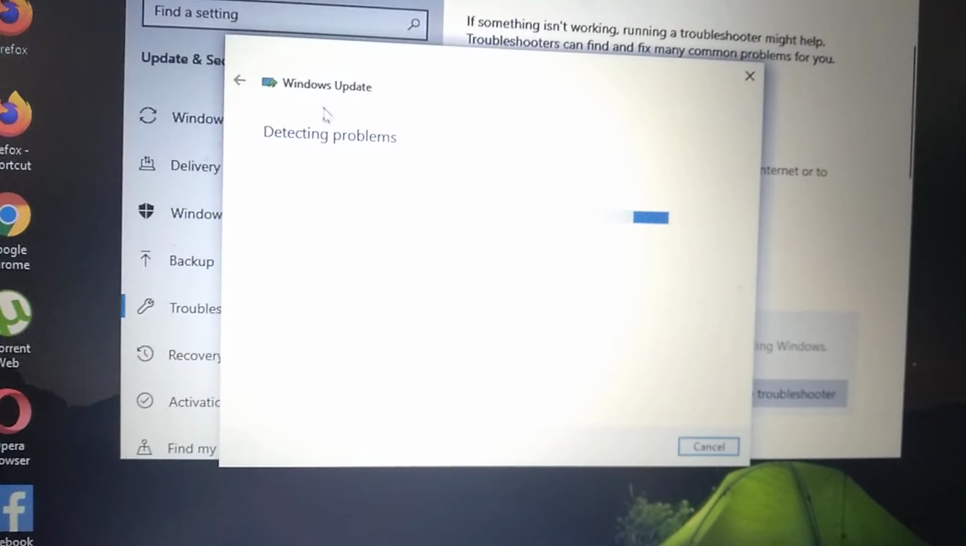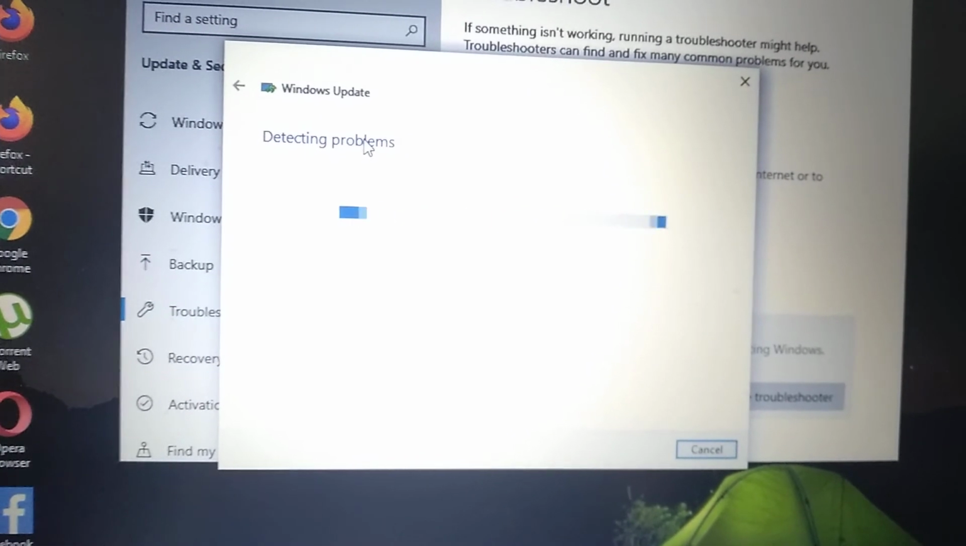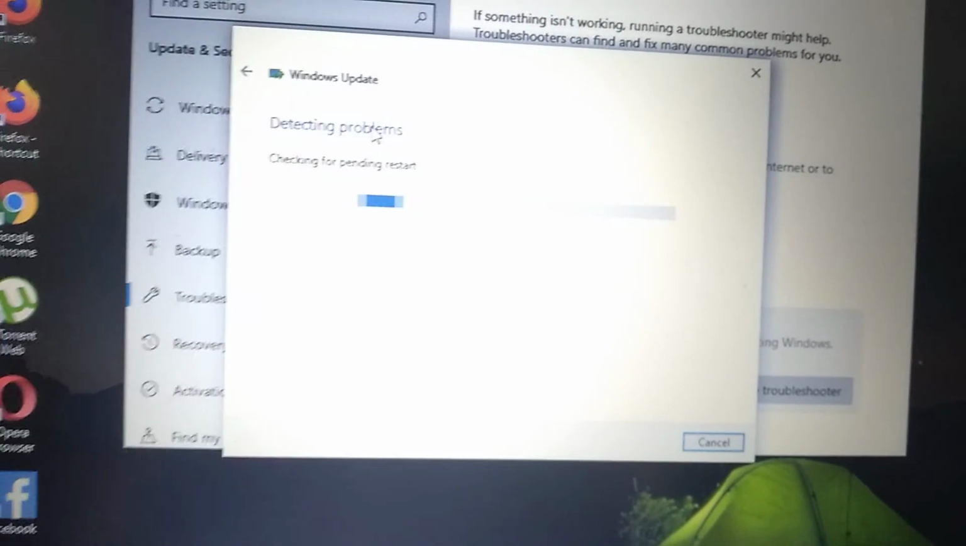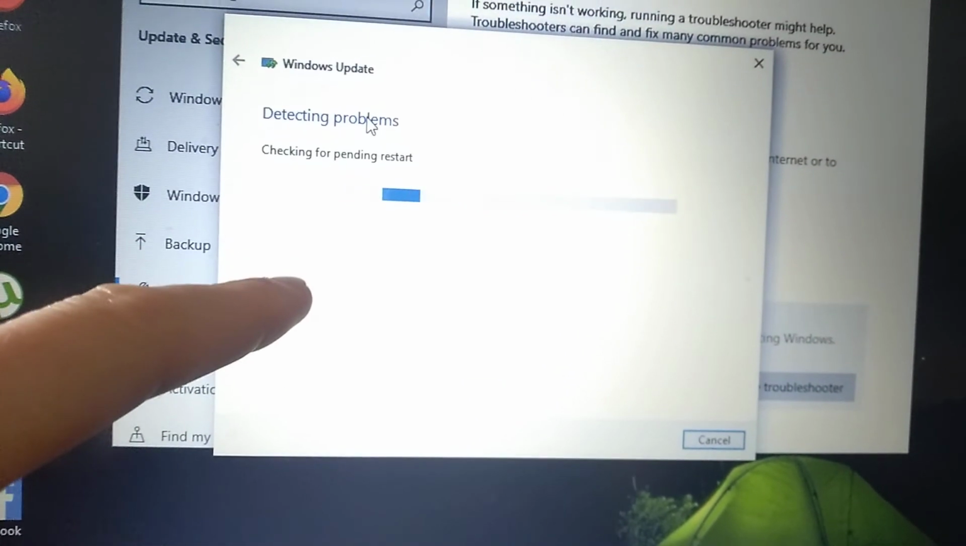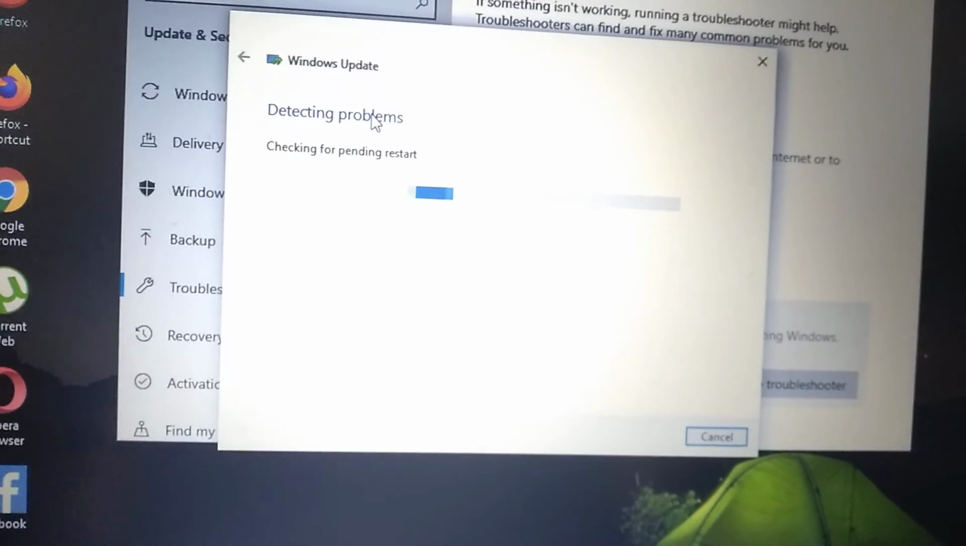So now Windows will automatically detect all the problems, fix issues, and fix missing files, errors, and just showed you a list of errors. And after you see it, you just need to restart your computer and these errors will be fixed